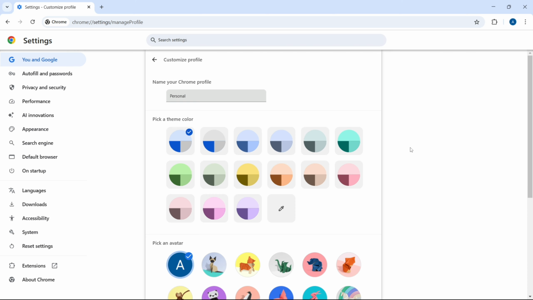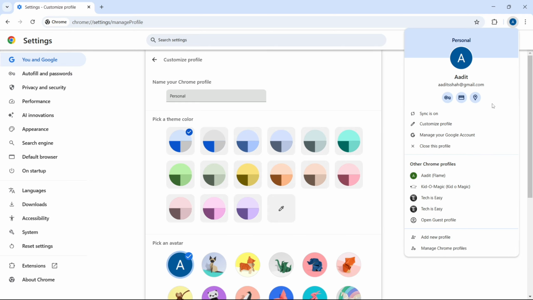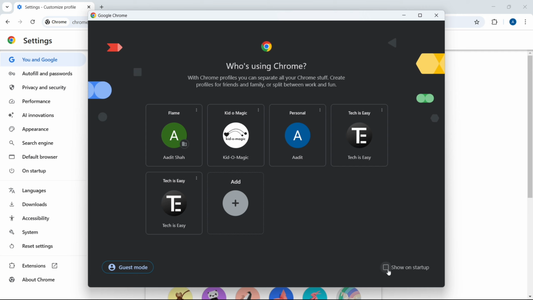And there's one last option that you should know. Again, click on this icon on top, go to Manage Chrome Profiles, and here there's an option to show this page on startup. So if you enable this, then every time you come to Chrome, you'll see this page and you can decide which profile you want to go to. But if you don't want to see this every time, you can disable this, and then you'll be taken to the profile you'd logged in with the last time you used Chrome. So this is how it